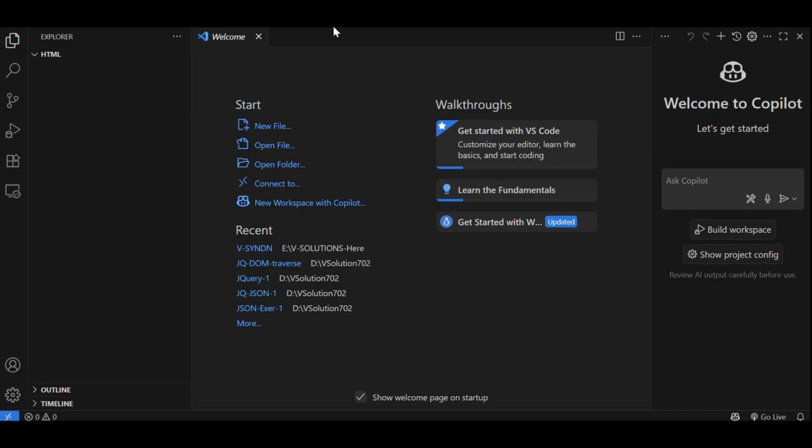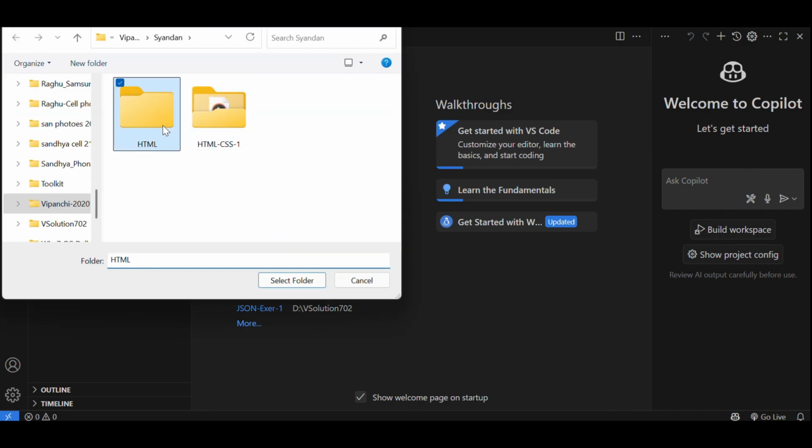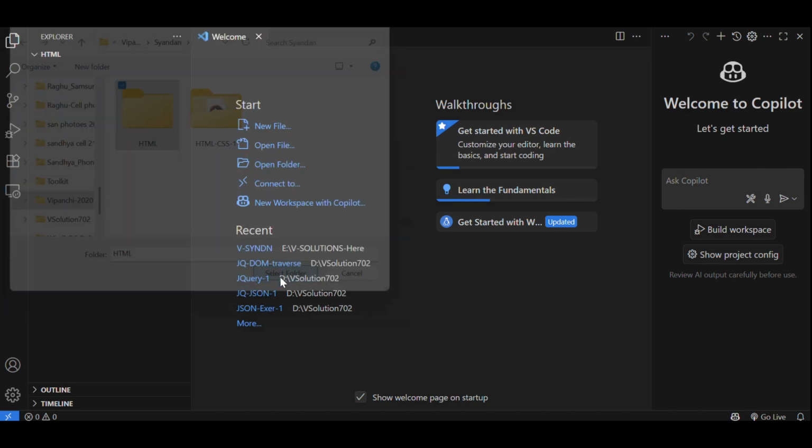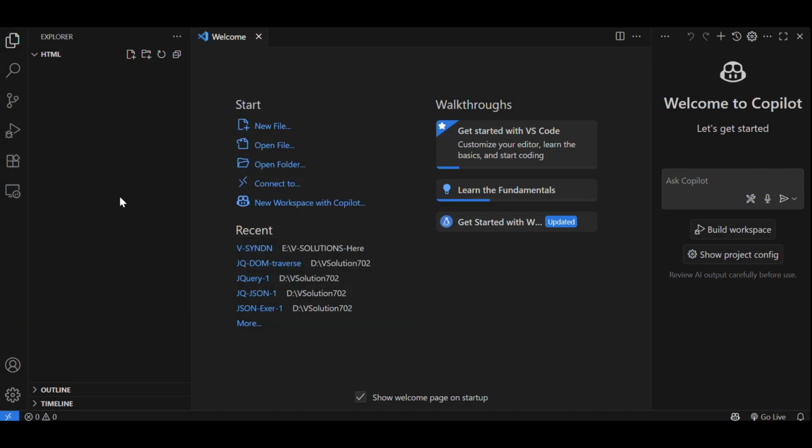In VS Code, let us open the folder we have created. You can use open folder. Just click like this. The folder got opened. Now click on new file, and here I type